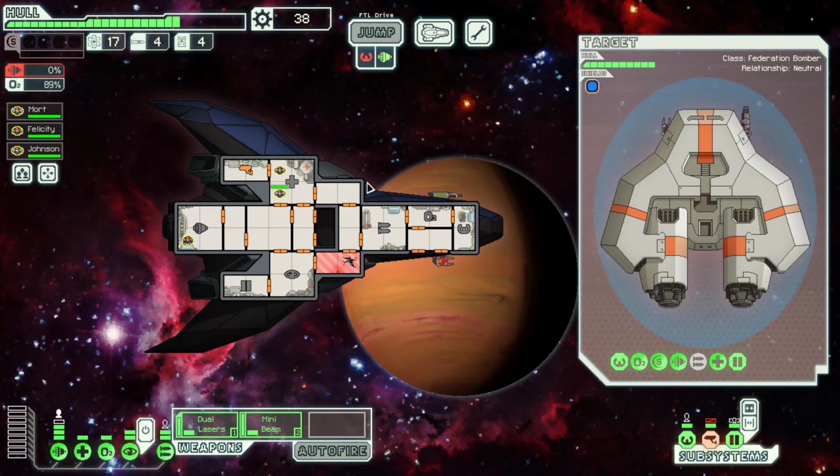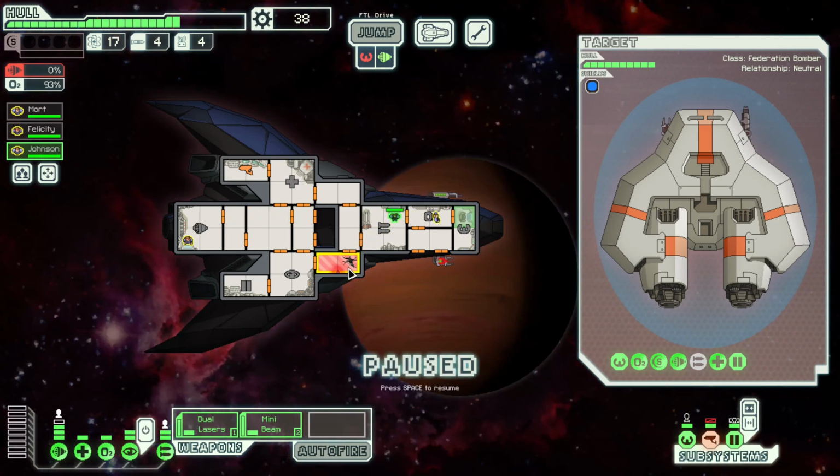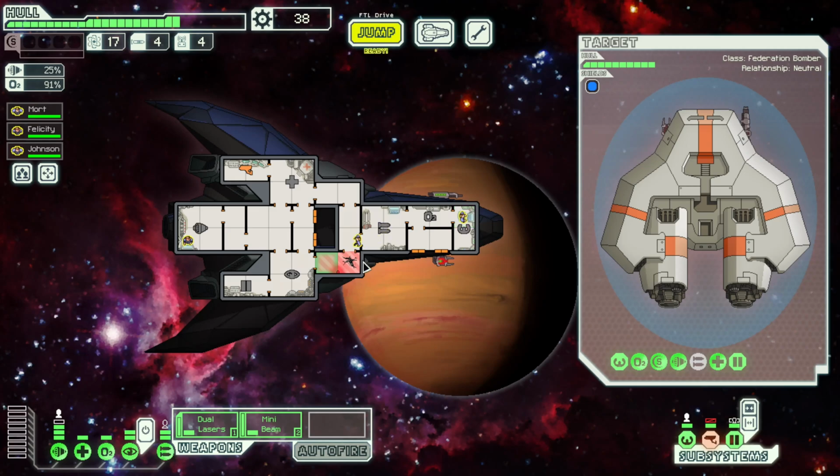Let's see, what else do we want to do? We'll send both of you back over there. Johnson, I think we're going to go ahead and try and get you to close the hole in the hull. Let's open up all of the doors just so we have some level of oxygen in there while you are. Yeah, I think that'll be fine. Alright, so...